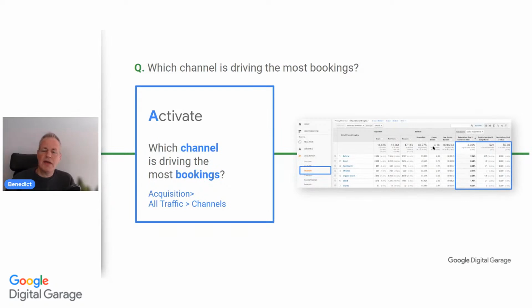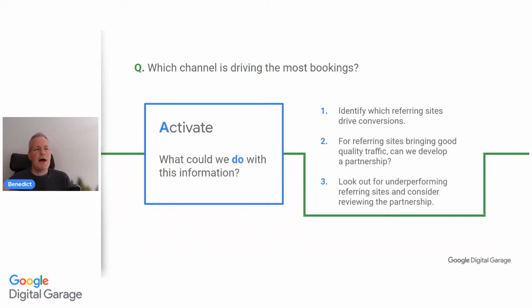And don't forget that, of course, if you don't have the goals set up, then you can't have any of the conversions there. So make sure that you have that set up. So here we're talking about registration translating to table bookings. So acquisition. So what can we do with this information? Identify which referring sites actually drive conversions. For referring sites bringing good quality traffic, can we develop a partnership, for example, and look out for underperforming referring sites? So there's a couple of different things. The big thing as well is